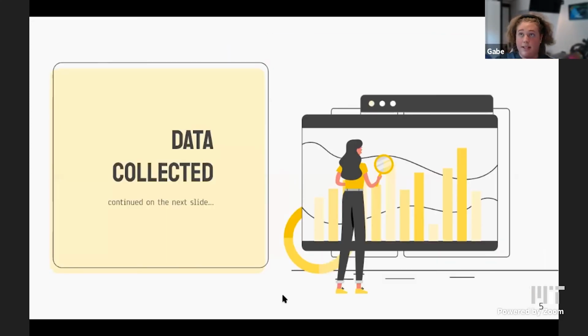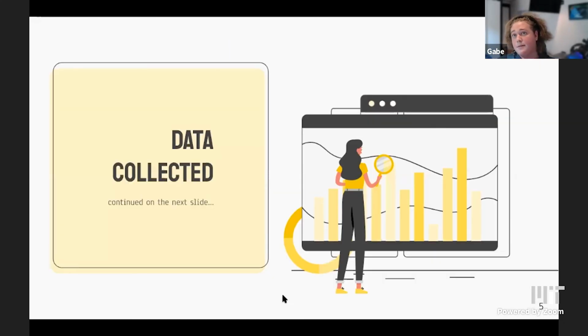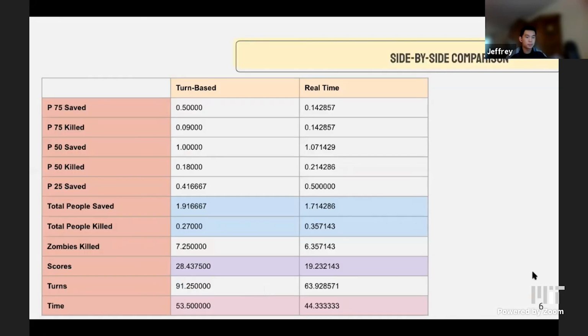That's our end screen, and it lists some of the data points we selected. So after we finished implementing our modification, we got people to test our modification and give us data in both of the 2 modes. We'd have the data displayed on the ending screen. And we analyzed it through Python libraries like pandas and matplotlib to effectively make data frames and graphs you'll see on the next 2 slides.